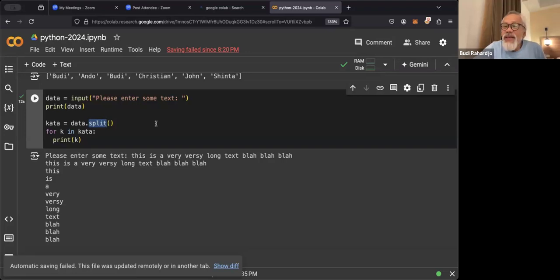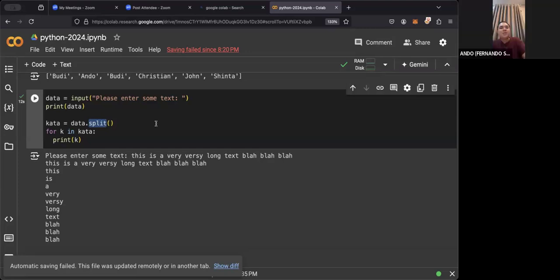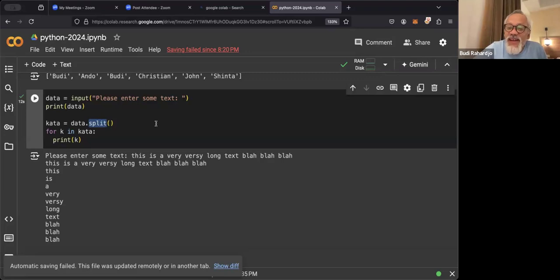Now in Bahasa Jawa, what is the most frequently used character? Oh, sir. Probably right. But we have to check whether that's true. With Python, we can do that. We can split it into characters, we can split it into words, and so on.